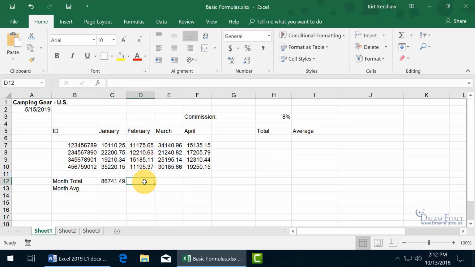So let's come back. In any case, pun intended, hit equals, and then go up and select it. And you can see D7 here. And then hit plus, select the next cell, hit plus, hit the next cell, plus, next. Now,